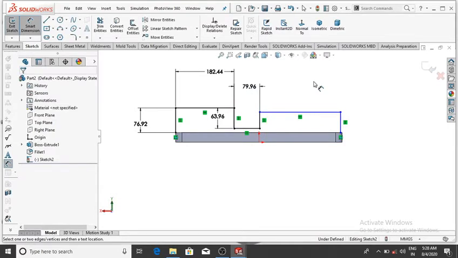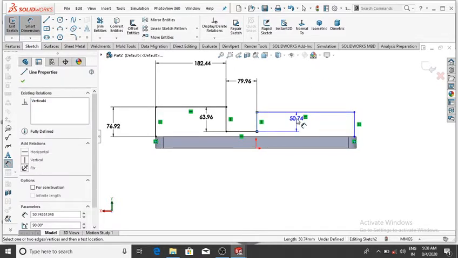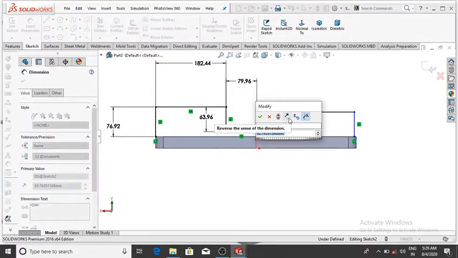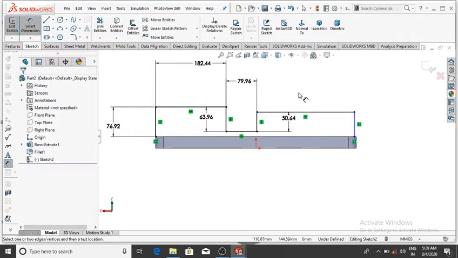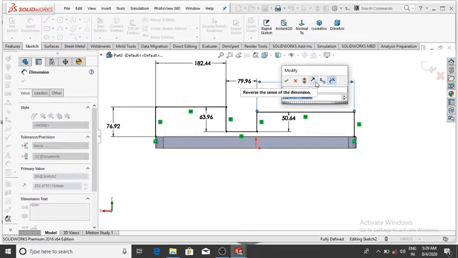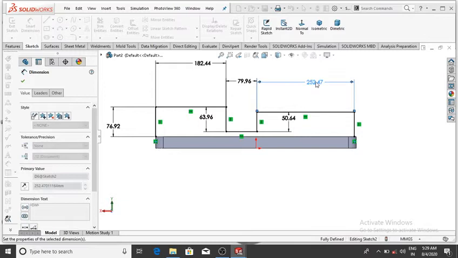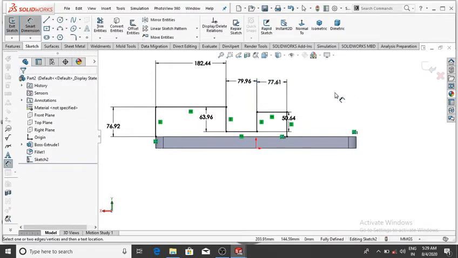And the last, this line will be 50.64. So select 50.64, then OK. And overall this length will be 77.61. So select 77.61, then OK.